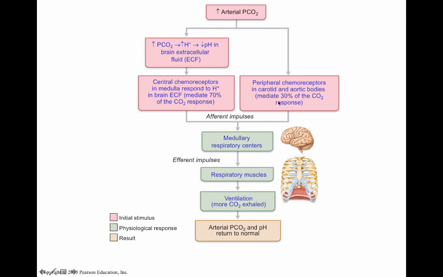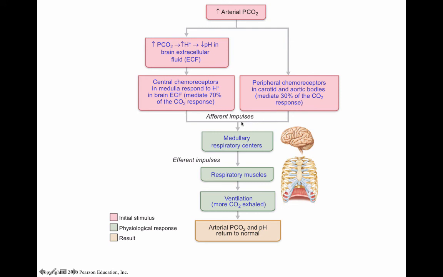The other 30% of the carbon dioxide response is handled by peripheral chemoreceptors in the carotid artery and aortic bodies. So in these massive arteries, we also have chemoreceptors that are mediating the other 30% of this carbon dioxide